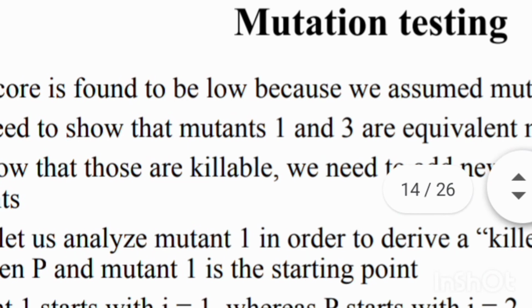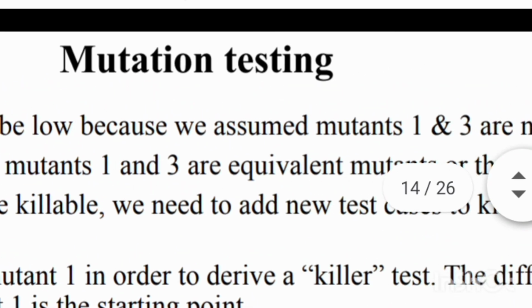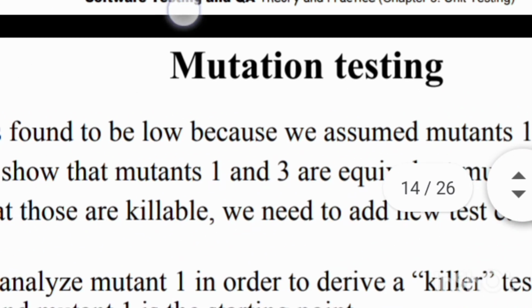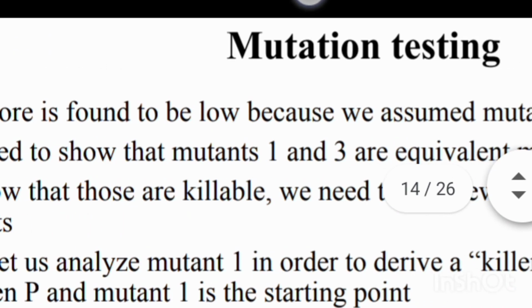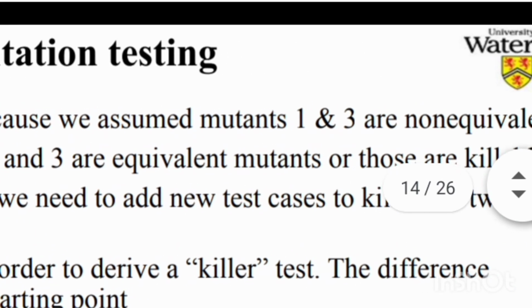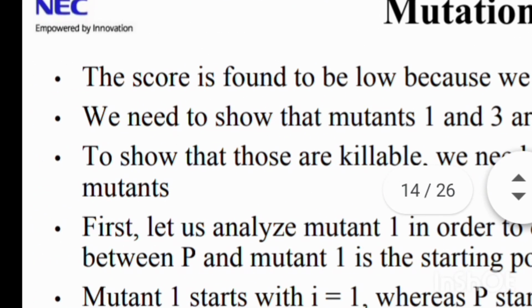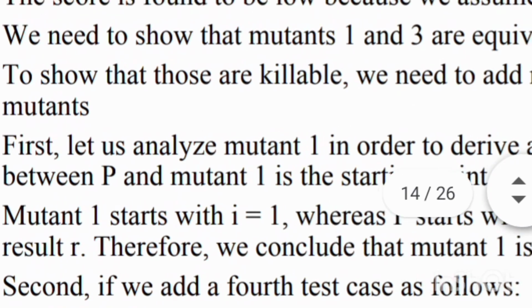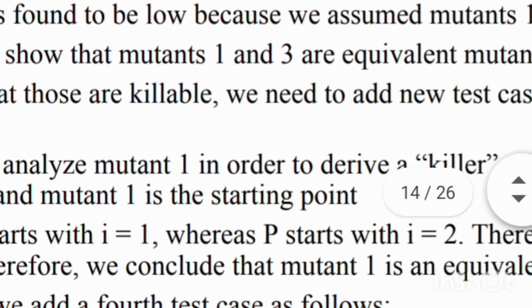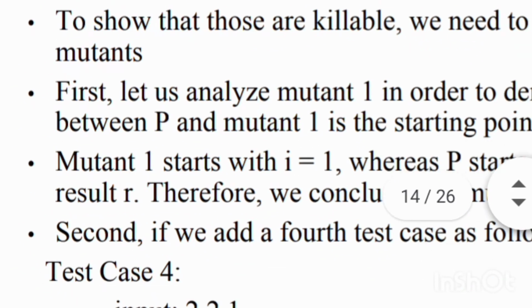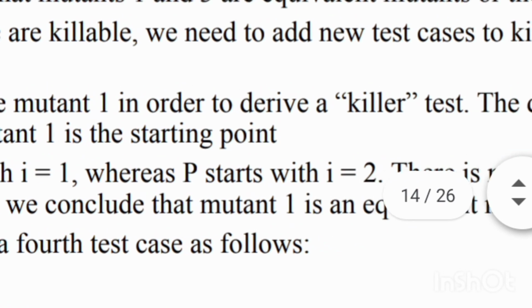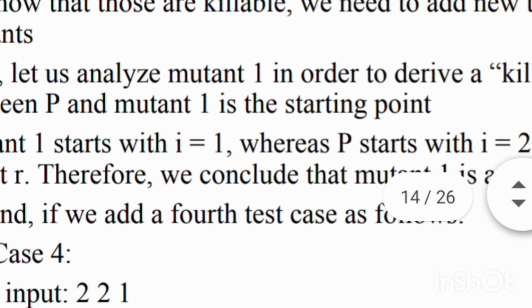Execute the modified programs against the test suite and you will get the results. Mutant 1 and 3 programs will pass the test suite, that is, mutants 1 and 3 are not killable. The program will fail test case 2. Mutant 1 program will fail test case 1 and test case 2. The mutation score is 50, assuming mutants 1 and 3 are non-equivalent.